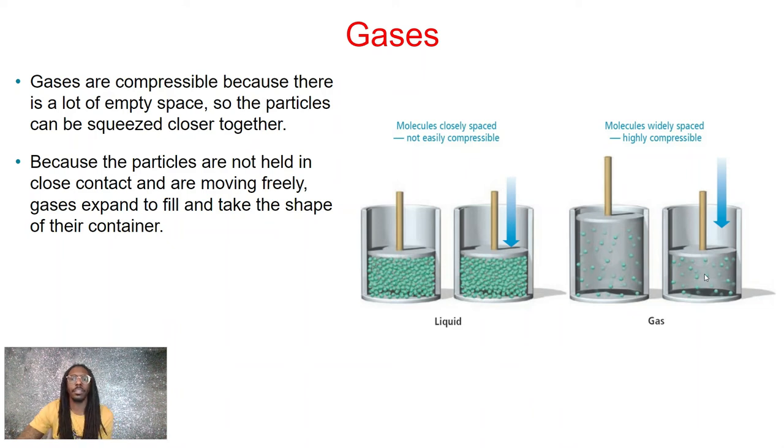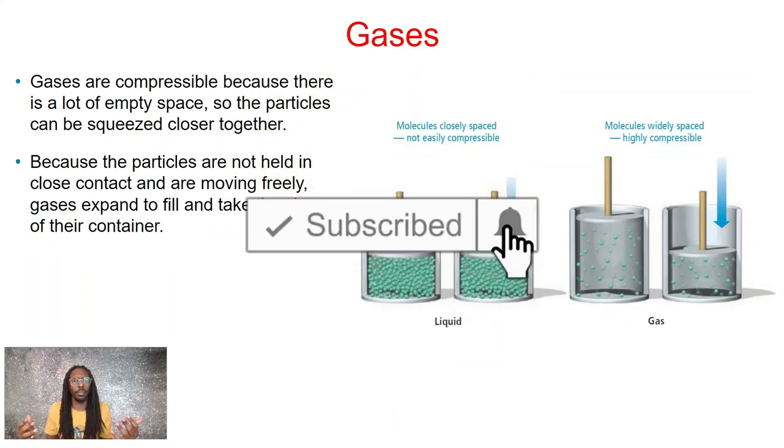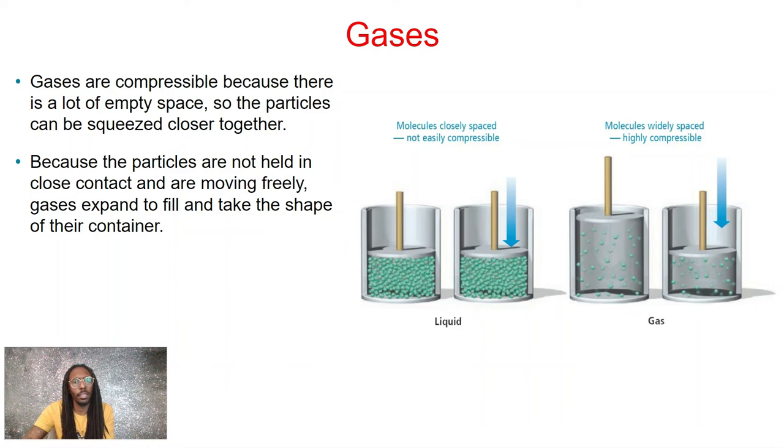That's the key thing about gases. They have a lot of space compared to other things. If we look at liquids, not that much space. Even when it's not being compressed at all, this liquid is really close together, unlike our gases over here. So, no close contact, and that's the key thing about gases. Because of that, they're able to move around very freely. They can expand to any shape and fill whatever container they're in. Only gases can do that when we're talking about the different states of matter.